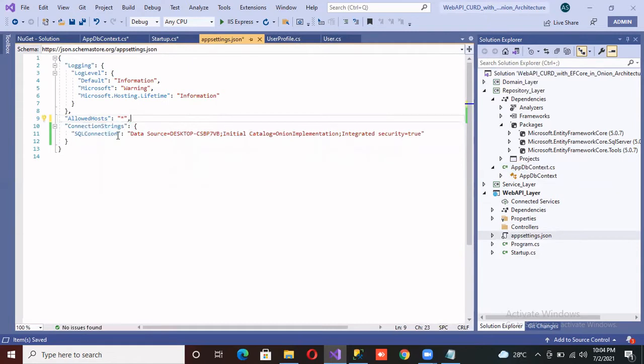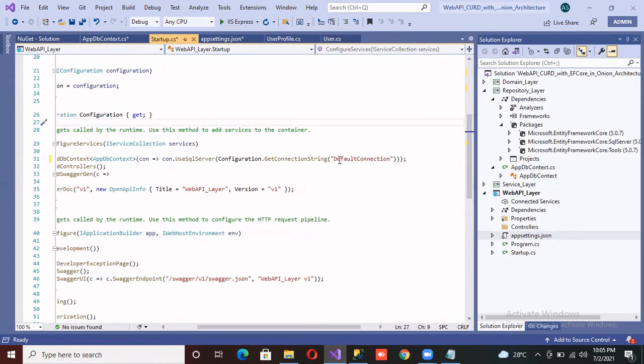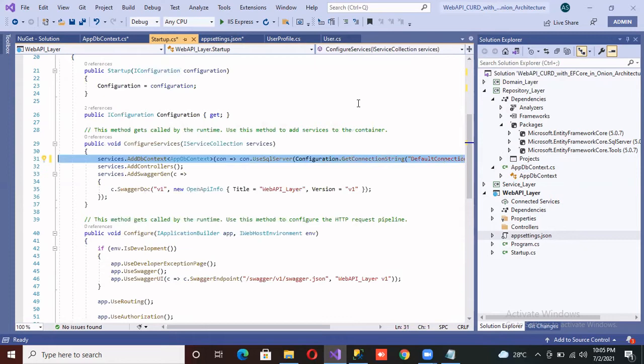So here you can give any name, you can give DefaultConnection, whatever name you want, you can give here. Then copy and paste it here. So how can we get this connection string from the appsettings?